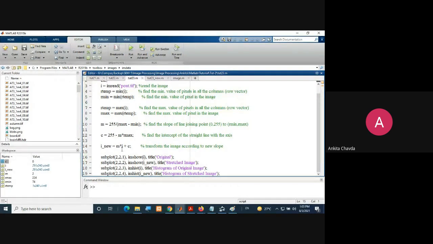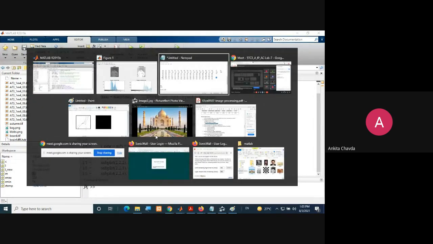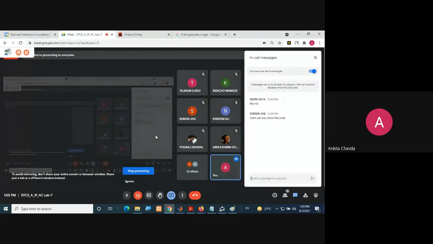But you just need to check the value of your slope. If it is a low contrast image, then and only then, after these formulas, we are stretching it or shifting our values. This is one of the ways I am showing you. Another way to do this you need to find and implement.